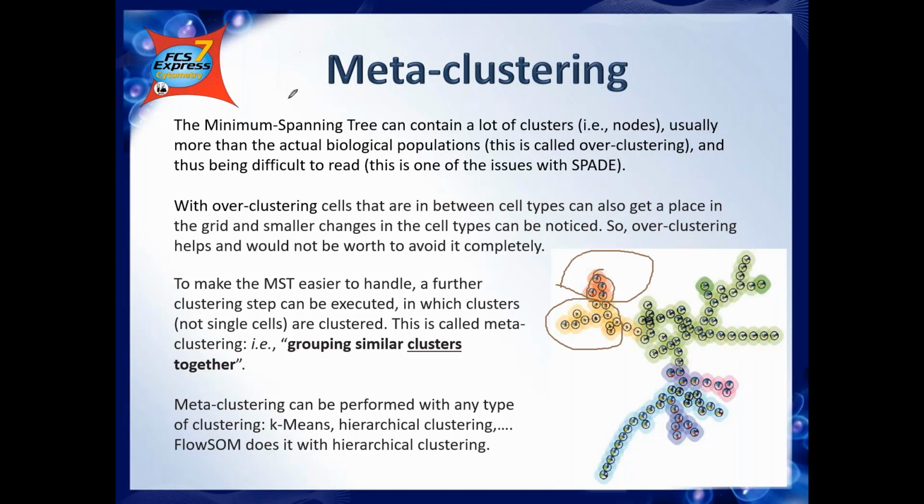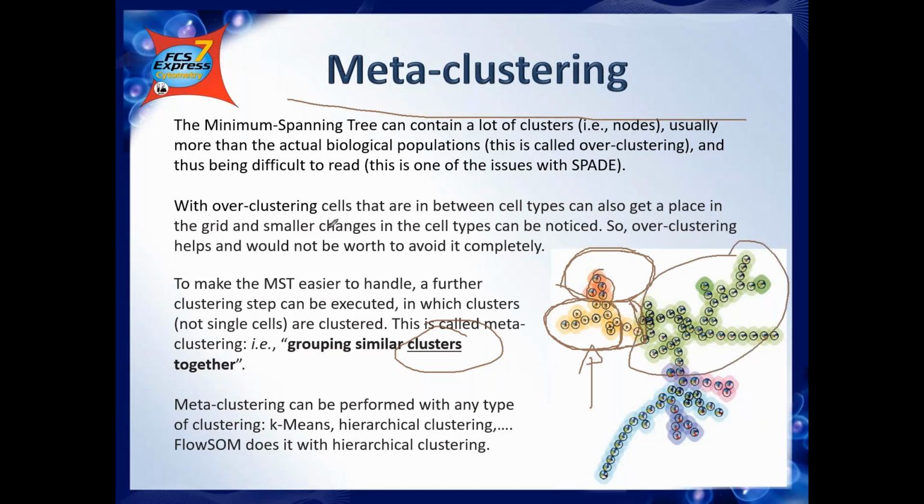So this is the aim of the meta clustering: clustering clusters instead of cells. You are clustering your clusters in a way that you're grouping similar clusters together. And maybe you realize that your manually drawn gate around the yellow population was not correct, and the clustering is telling you that those two should also be included, because they are more similar to